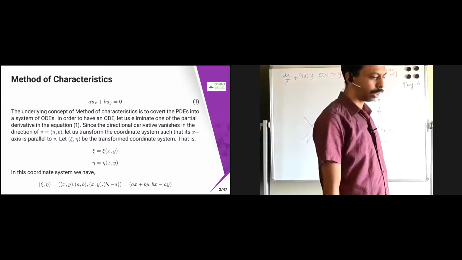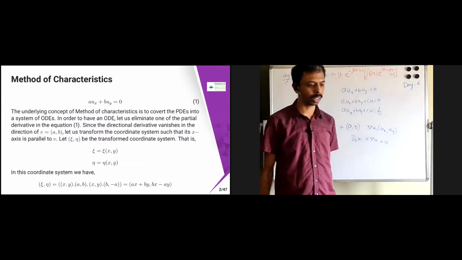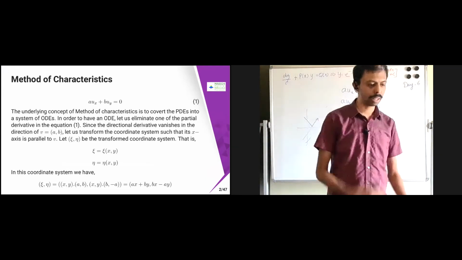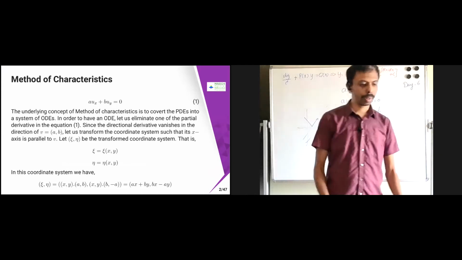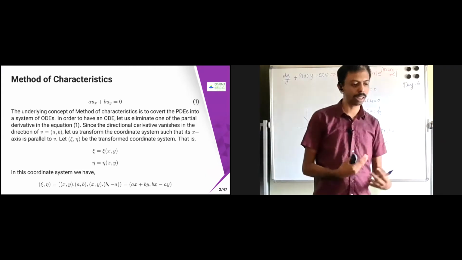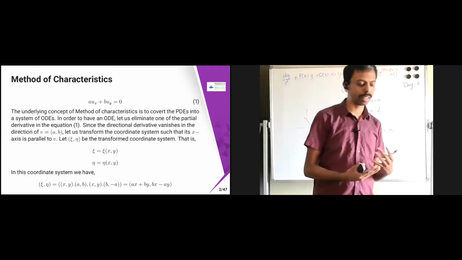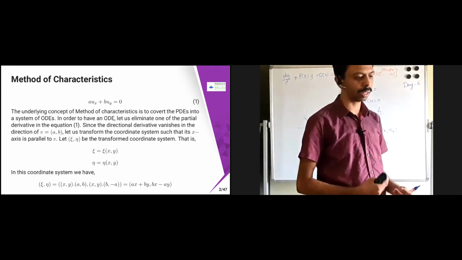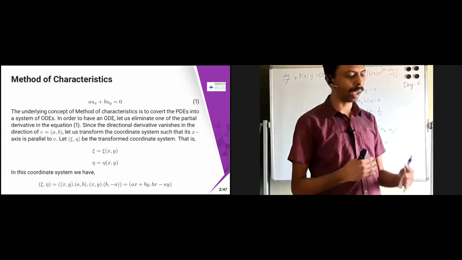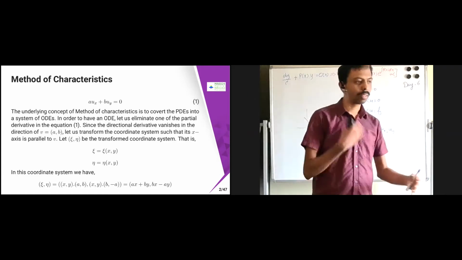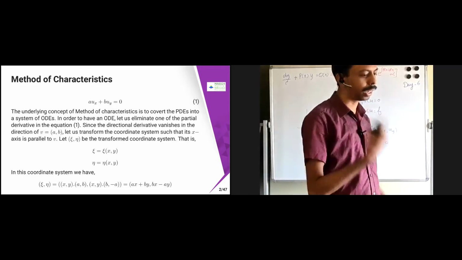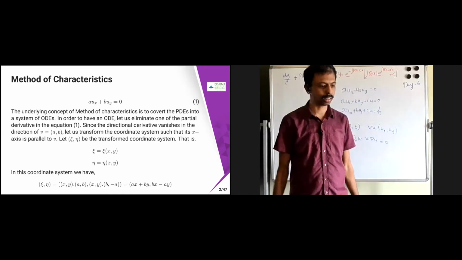Okay, so this we have seen already. So I'm just revisiting whatever we did last class. So a u_x plus b u_y equal to 0. The underlying concept is that we are converting into a system of ODEs, because we have already made some nice setup in ODE that you have already studied. So from that you can see that for this ODE, I know where the existence is there, where the uniqueness is there. Those theorems we'll see in today's class. That existence and uniqueness will guarantee me that I'm going to get a solution for this one. So from that I can understand where the solution is going to exist, and when the solution is not going to exist. Those kinds of settings, whatever I have in ODE, I can apply over here. That is the basic idea.